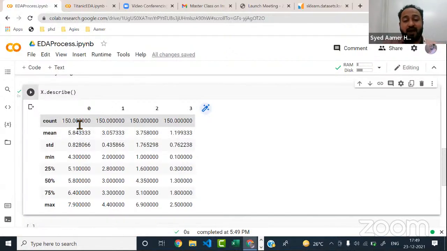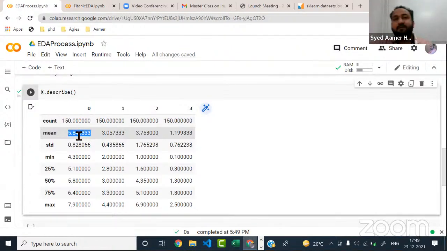Okay, total non-null values which are available for each column. We're getting those values here. And then we got something called mean value, right? What is the mean value? Average value from that column. It has already been calculated for you.